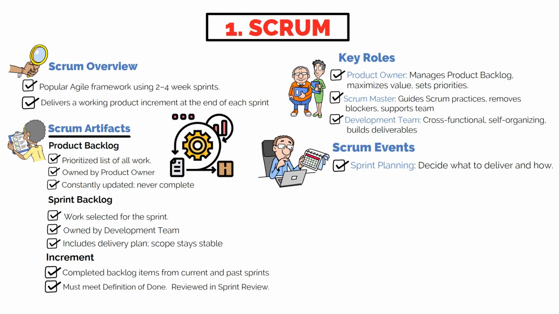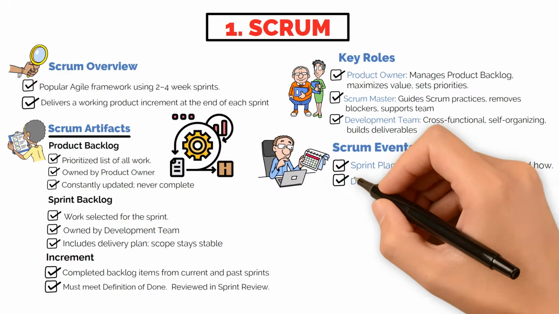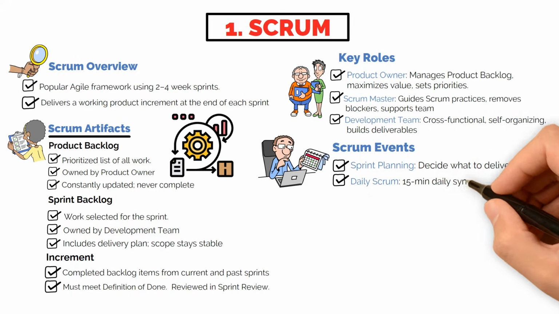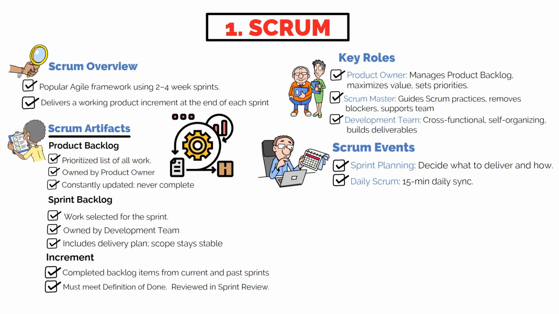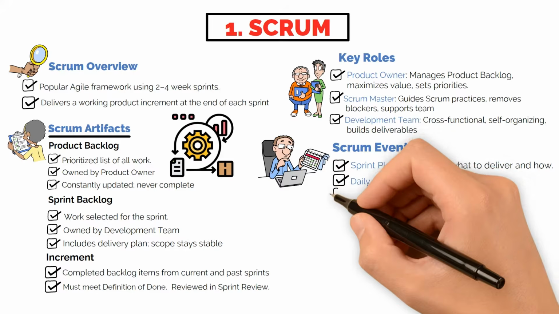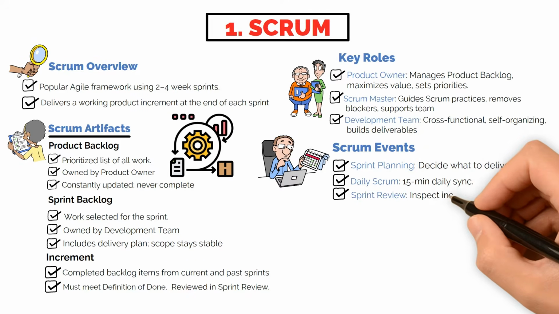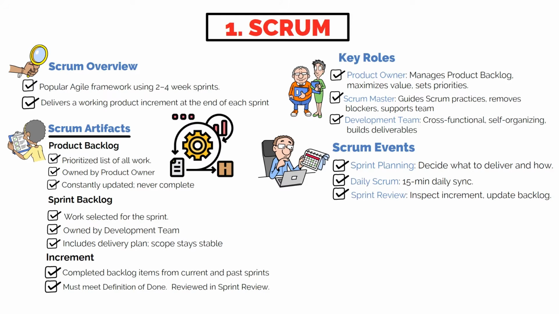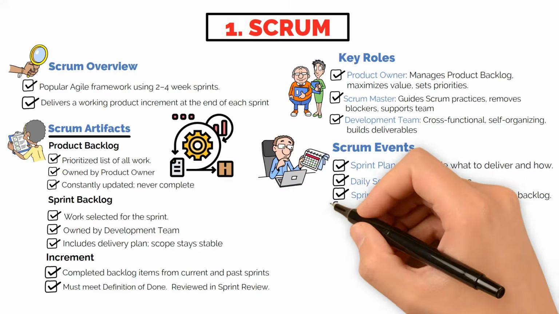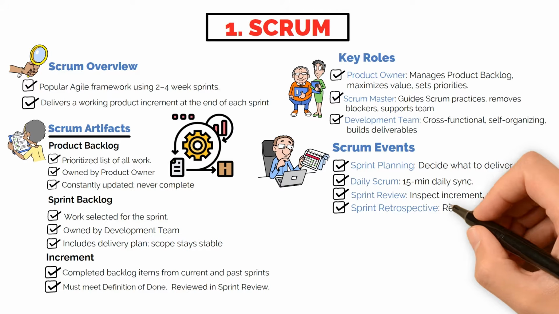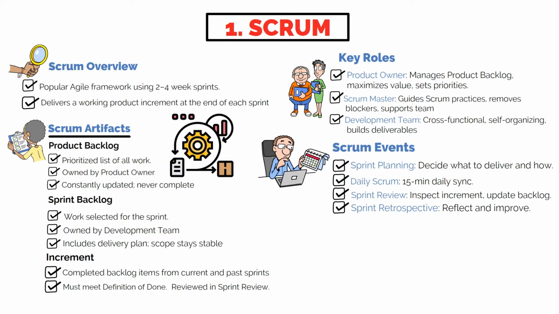The team discusses what can be delivered and how it will be achieved. Daily Scrum is a short daily meeting of 15 minutes to sync up and plan the next 24 hours. Sprint review is held at the end of the sprint to inspect the increment and adapt the product backlog. Sprint retrospective typically occurs after the sprint review when the team reflects on the sprint and identifies improvements for the